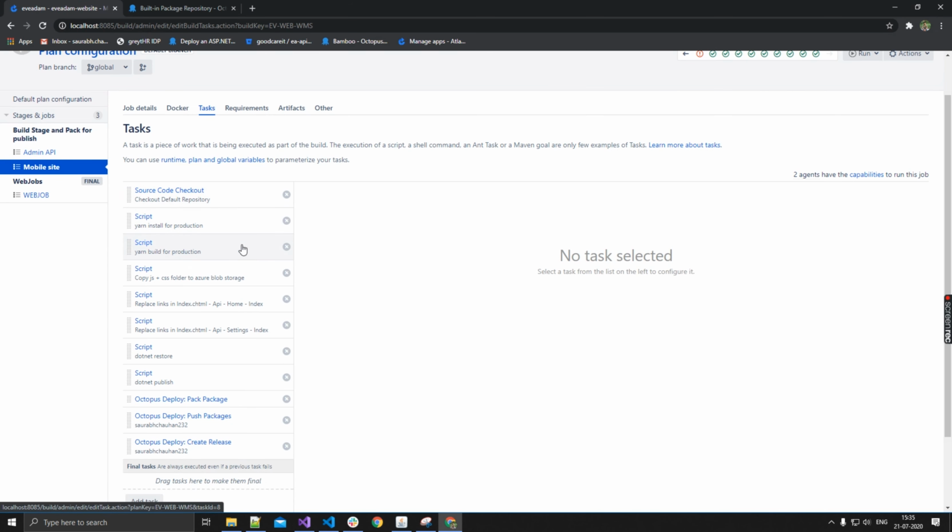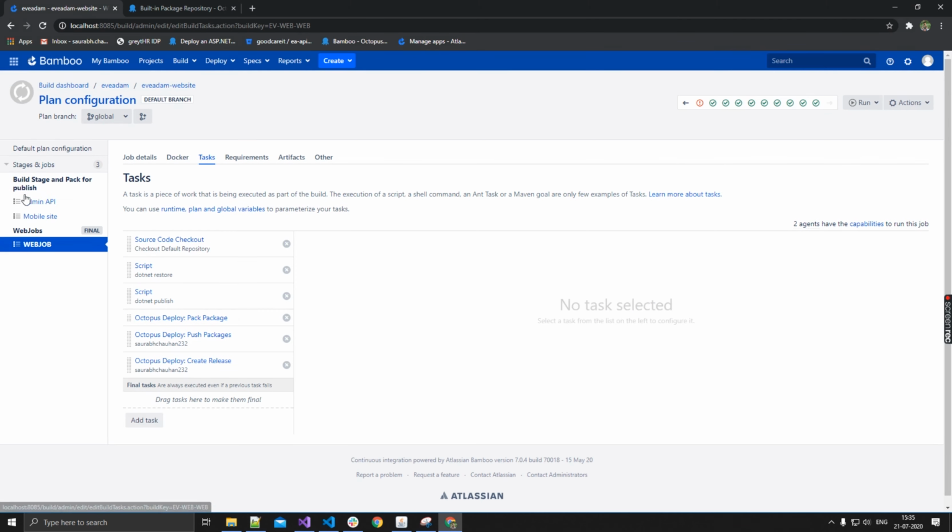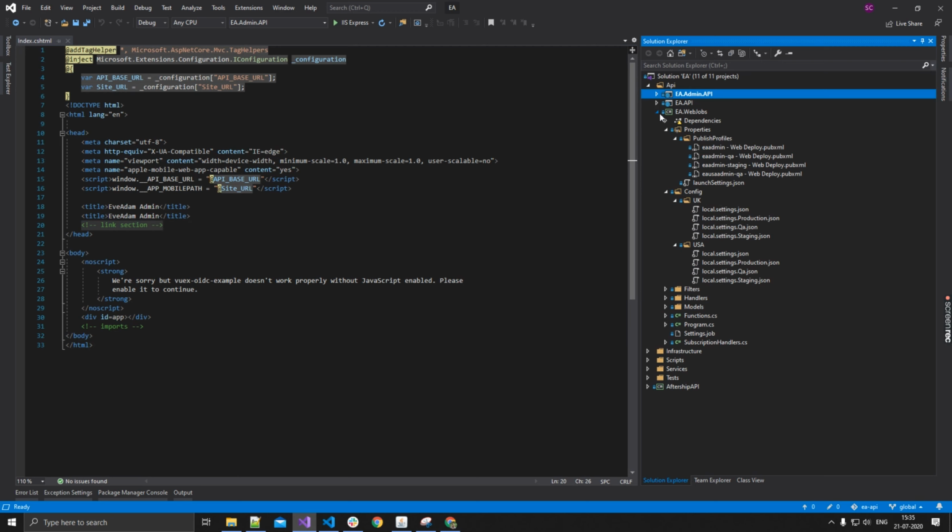Mobile has similar steps, exactly the same as I did. And web jobs is another separate solution folder.